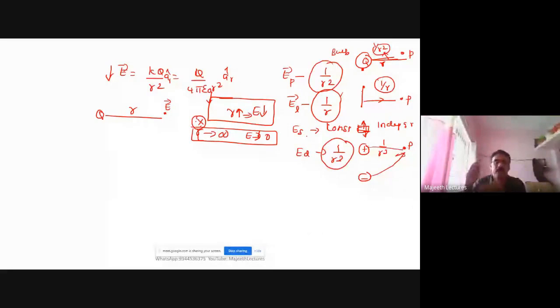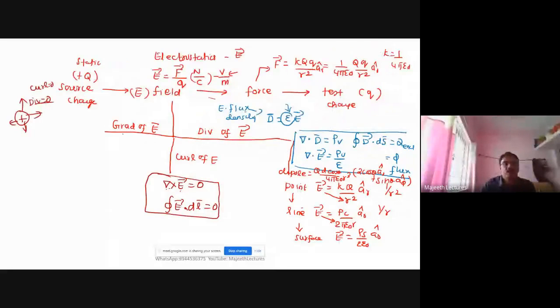Okay. Next, gradient. So whenever you want to deal with the gradient of electric field, we must work with the potential, right? Because gradient is a del operator operating on a scalar and results in a vector. So E is equal to minus del V. This is gradient. It is potential V that we know, right? So this is a very, very important relation. They will ask questions from this area, surely. Why is this area very important?